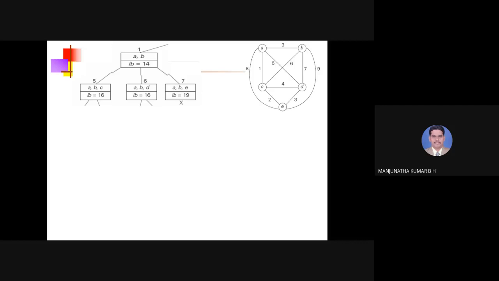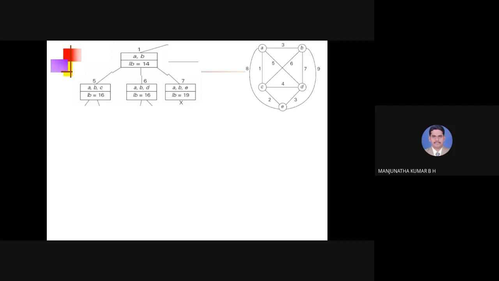First you observe node 5. Node 5's parent is what? Node 1. What is the label of node 1? AB. It means that first you visited A, then you are visiting B. Now you observe node 5. After visiting B, what is my next choice? I may visit C, or I may visit D, or I may visit E as the third city. Since I have 3 options, I generated 3 child nodes for node 1, named 5, 6, 7.